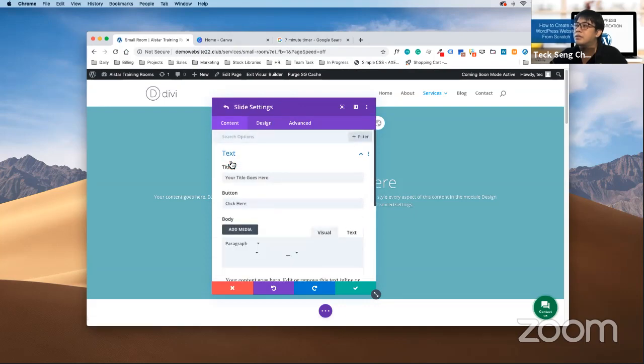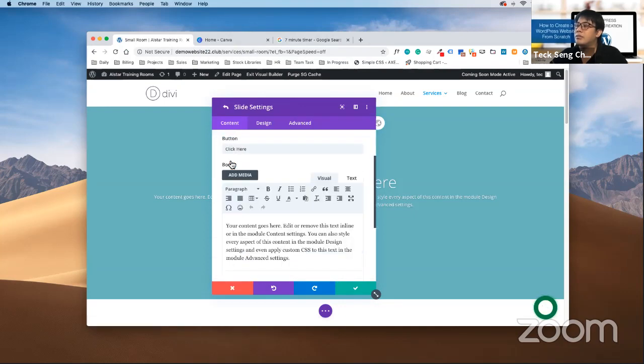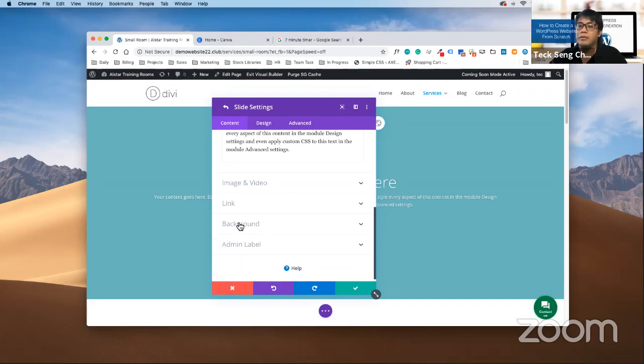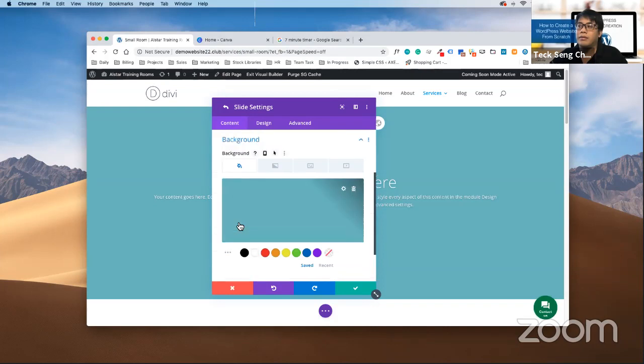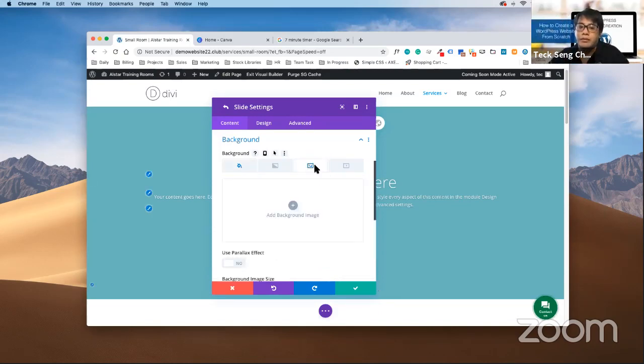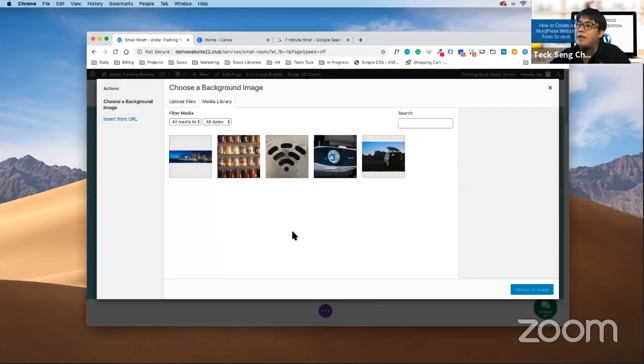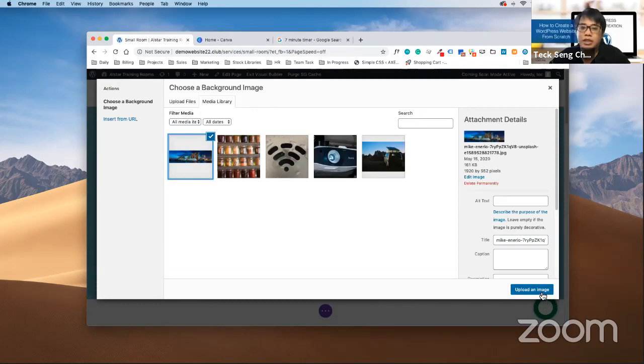Click on it. If you scroll down, you can see background. Click on background. There will be 4 tabs on top of background. Click on the third tab. There's a plus sign. Click on the plus sign, add background image. Select the image that you want to put in. Click on upload an image.